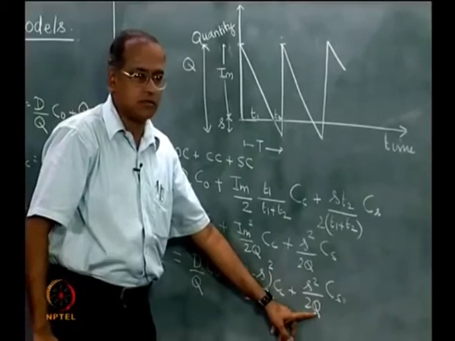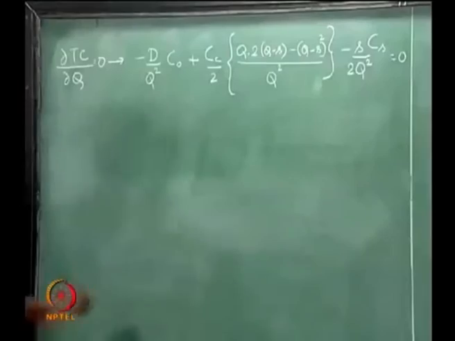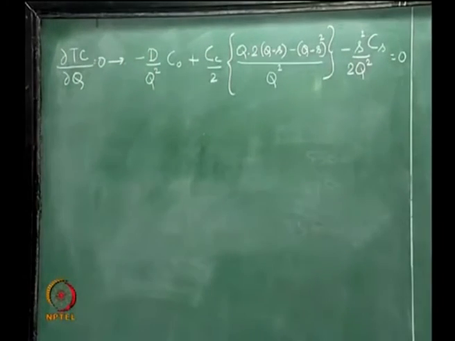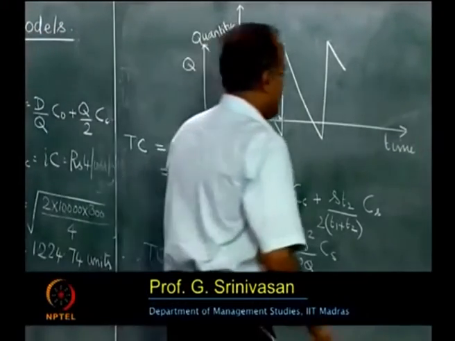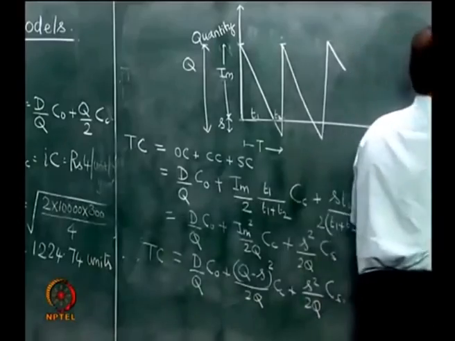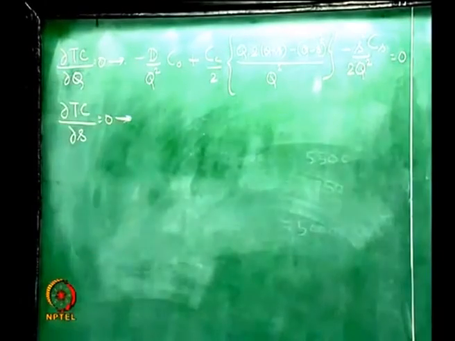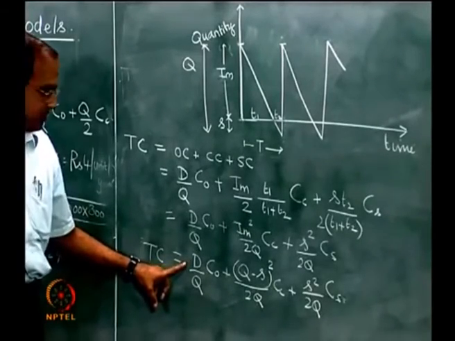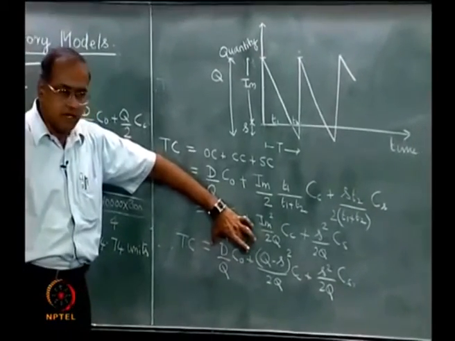This q will give minus 1 by q square. So, minus 2q square s square Cs be equal to 0, partially differentiating. So, s square will remain as s square Cs is 0. Now, partially differentiating with respect to s, dou Tc by dou s equal to 0 would give us: this term will not contribute anything because there is no s term here. So, this is a constant as far as the partial derivative is concerned. So, this term will not contribute anything.